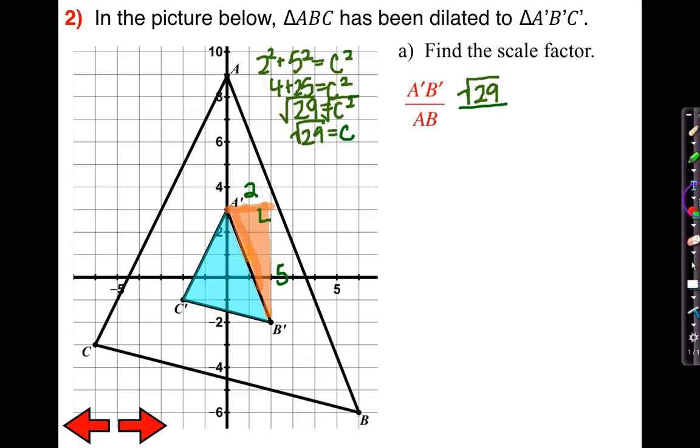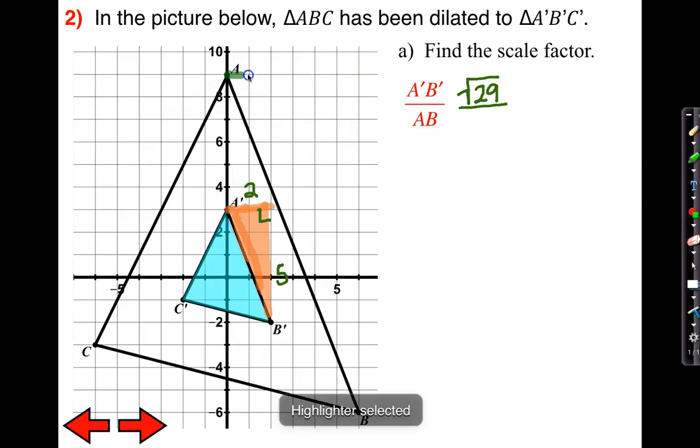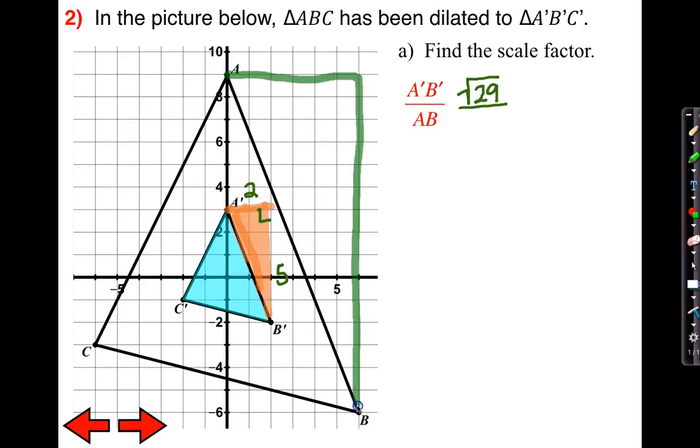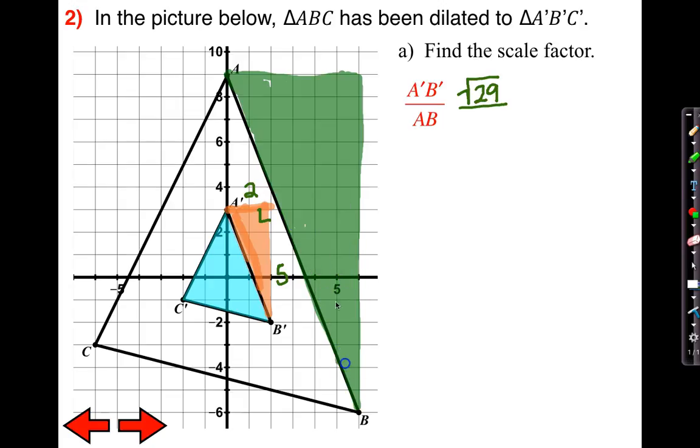Well, let's see. I'm going to have to get rid of some of this work so that we can see a little bit better. I'm going to highlight the triangle that I see that forms the hypotenuse of AB. So here is the right triangle that I see. So the length of this leg is 1, 2, 3, 4, 5, 6. And the length of the other leg is 1, 2, 3, 4, 5, 6, 7, 8, 9, 10, 11, 12,